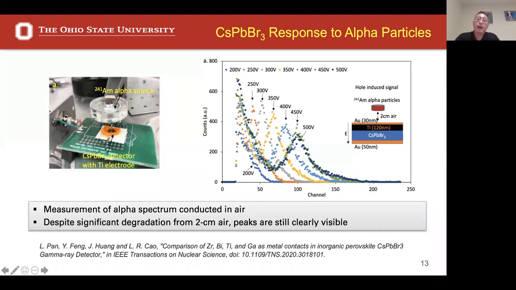It's very key to see that we are able to acquire this alpha spectrum, and with increasing voltage you have more charge being collected, so this energy peak shifts to the right. That shows you a clear spectrum acquired with increasing voltage if you shine the alpha particle from the top, right? If the alpha particle is shooting from the top, its range is pretty small in these materials. For cesium lead bromide it is less than 20 microns, so the charge is pretty much produced at the surface. So you're actually driving holes down to collect them, and you can just ignore the electrons,